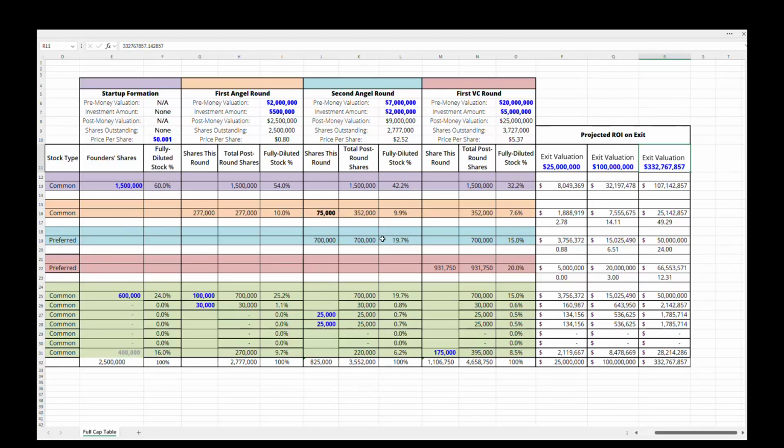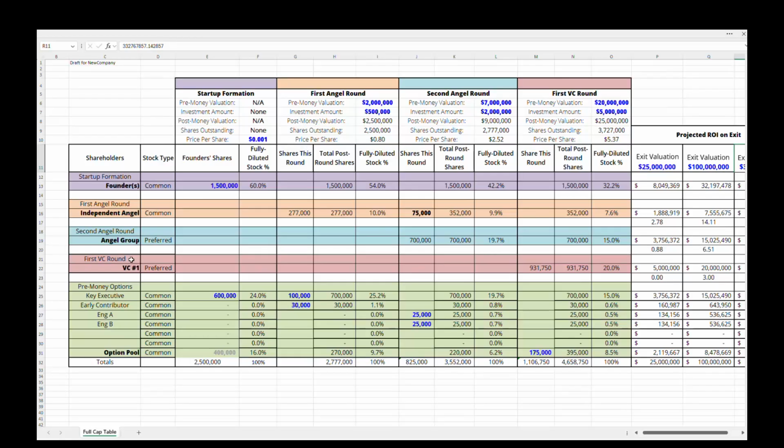Yeah, no, you have this fully built out for sure. Yeah. And then you get another investor in there at the VC round, venture capital round here, and that can be $20 million. But it just needs to be justified at whatever that needs to be. And in this model, it's $5 million they're bringing in. They're getting 15% of the